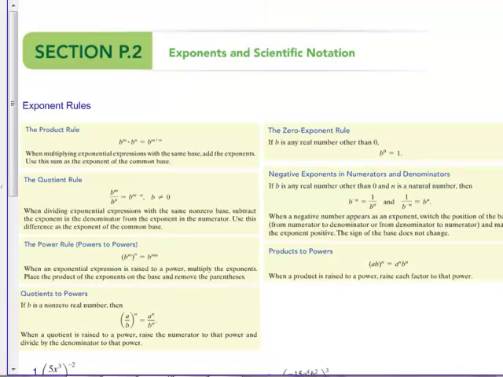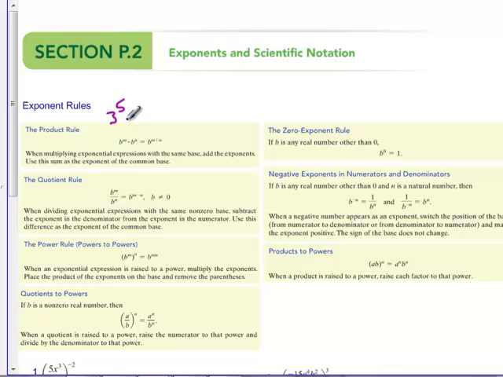All right, so section P.2, exponents and scientific notation. I've gone ahead and put the exponent rules here for you guys. But essentially, for these to work, your base needs to be the same. It says b to the m times b to the n equals b to the m plus n. It's kind of hard to read on there. So if you have something like